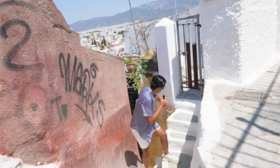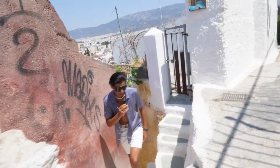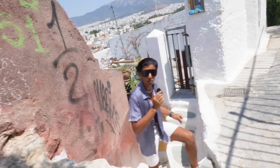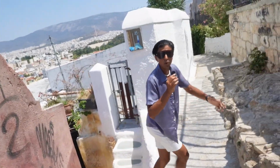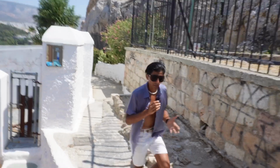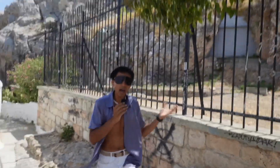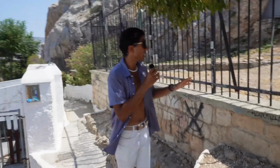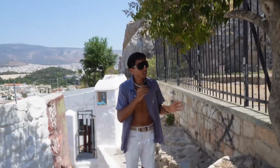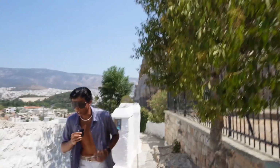And as you guys can see, these little stairs, you do see the white in them, so it's actually kind of funny how it's inspired. This is actually one of the spots that not a lot of people know about. Not a lot of people go, check this out, because this is literally right next to the most iconic place right here in Athens, Anacharis. I totally forgot what it's called. But long story short,